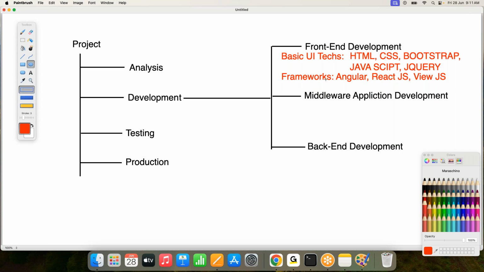But try to understand it. Everybody must be aware of these technologies. This is the minimum. Even though you are a Java developer, even though you have a .NET background, a Python background, or some other technology background, that doesn't matter. Everybody who wants to prepare projects must have awareness of the basic UI part. This is mandatory. Why? Because at least we need to get some idea.